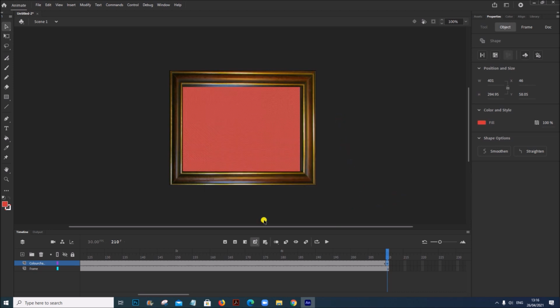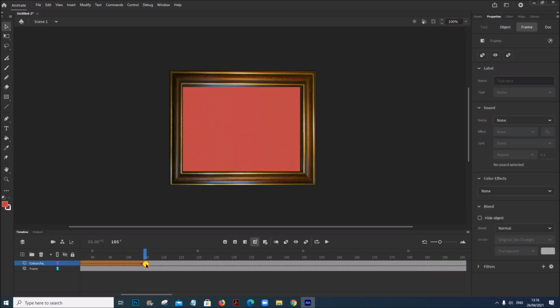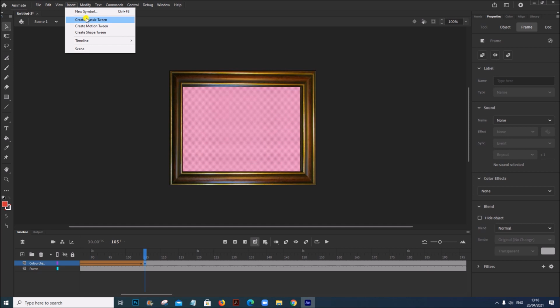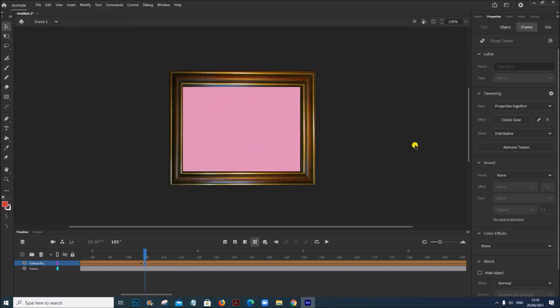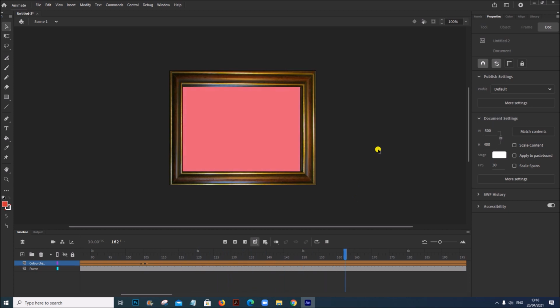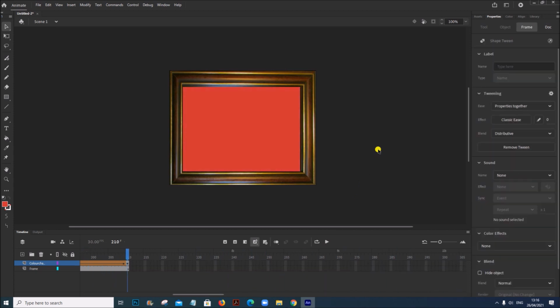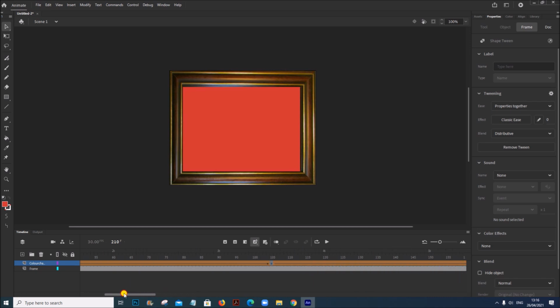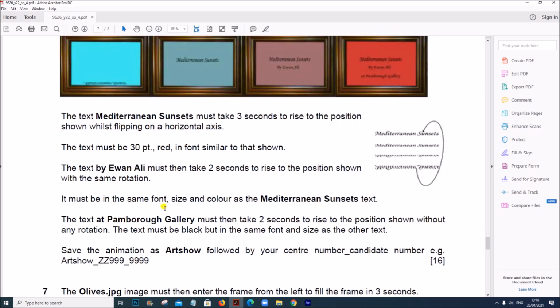Give OK. Now just like we did before, insert a shape tween here. Now when you play this, you can see it changes from pink color to the red combination which is given. So the color transition is done.